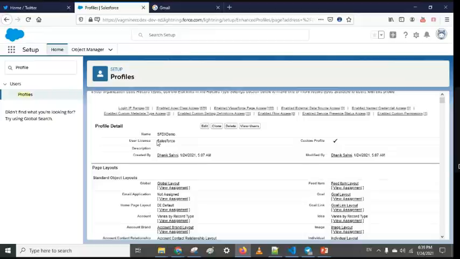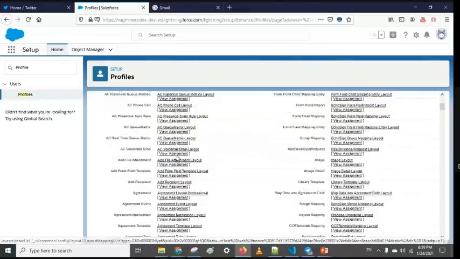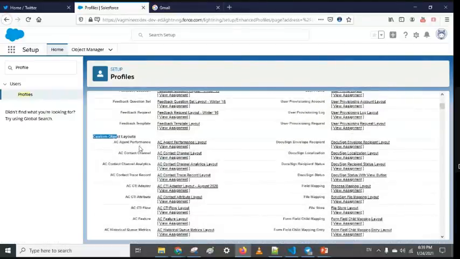First, which kind of profile license is there? We have used the Salesforce license in the profile also. It's showing this profile is a custom profile. After that, the first thing is page layout. These are the standard page layout information in which, if you have different kinds of record types, for each record type we see which page layout will be shown. The same concept applies to custom objects. For each custom object, if we have multiple record types, we see in the layout section which layout will be shown for each record type.